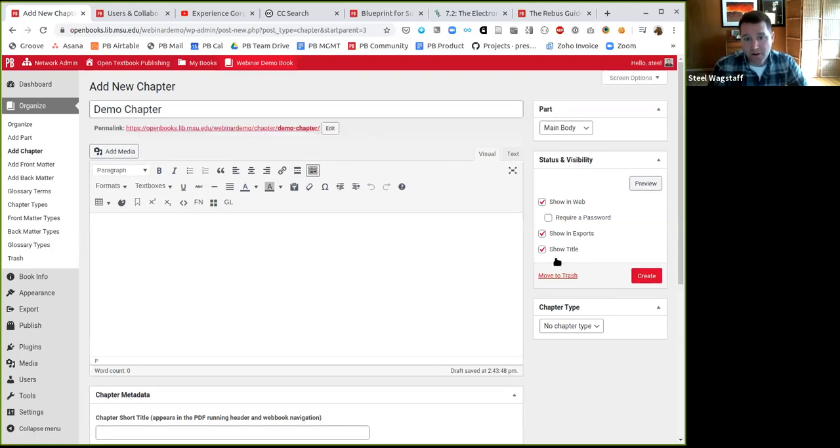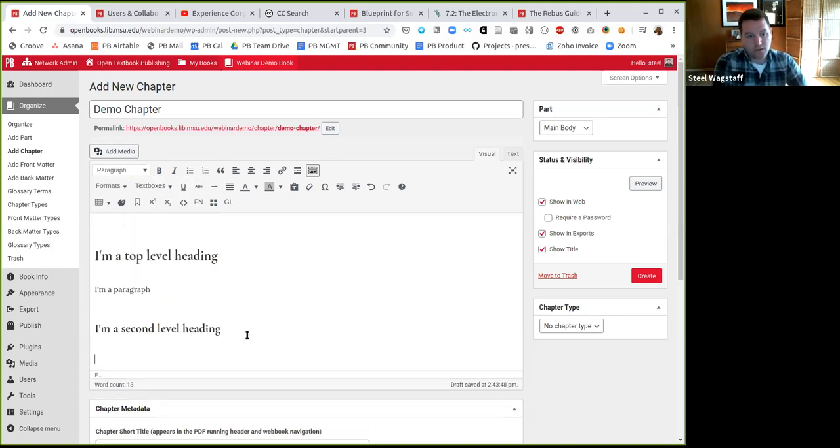And then I'll come into the editor, and you'll see right here at a glance that I have what we call what you see is what you get, or a visual WYSIWYG editor. This looks a lot like a word processor or WordPress, which it's based on. So if you've used Word or WordPress before, this should look familiar. But there's a number of different things that you can do here. For example, you can create headings. So I'm a top level heading. I'm a paragraph. And then we'll make I'm a second level heading. And if I select that text and apply heading 2,